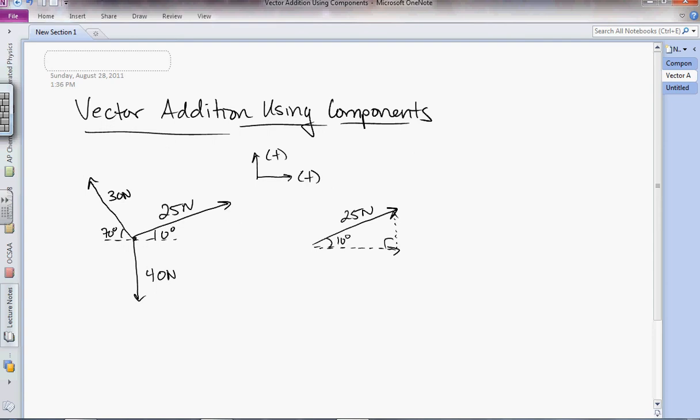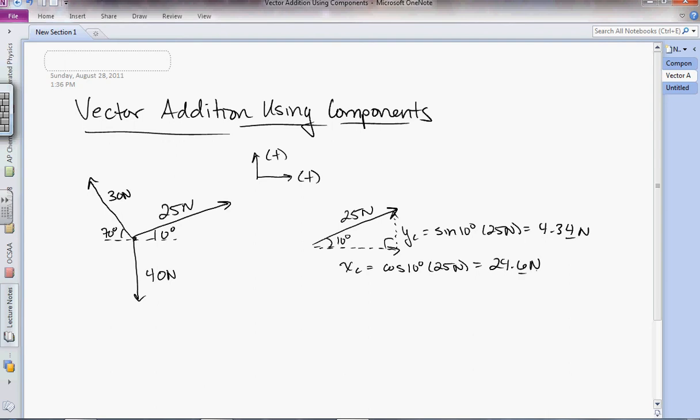Nice right angle there. And so our y component will be the sine of 10 degrees times our hypotenuse, 25 newtons. So that gives us 4.34 newtons. And I'll put a line underneath the 4 to indicate that it's not significant, but we're going to carry it through this calculation. The x component for this will be the cosine of 10 degrees times our hypotenuse, 25 newtons, and that will equal